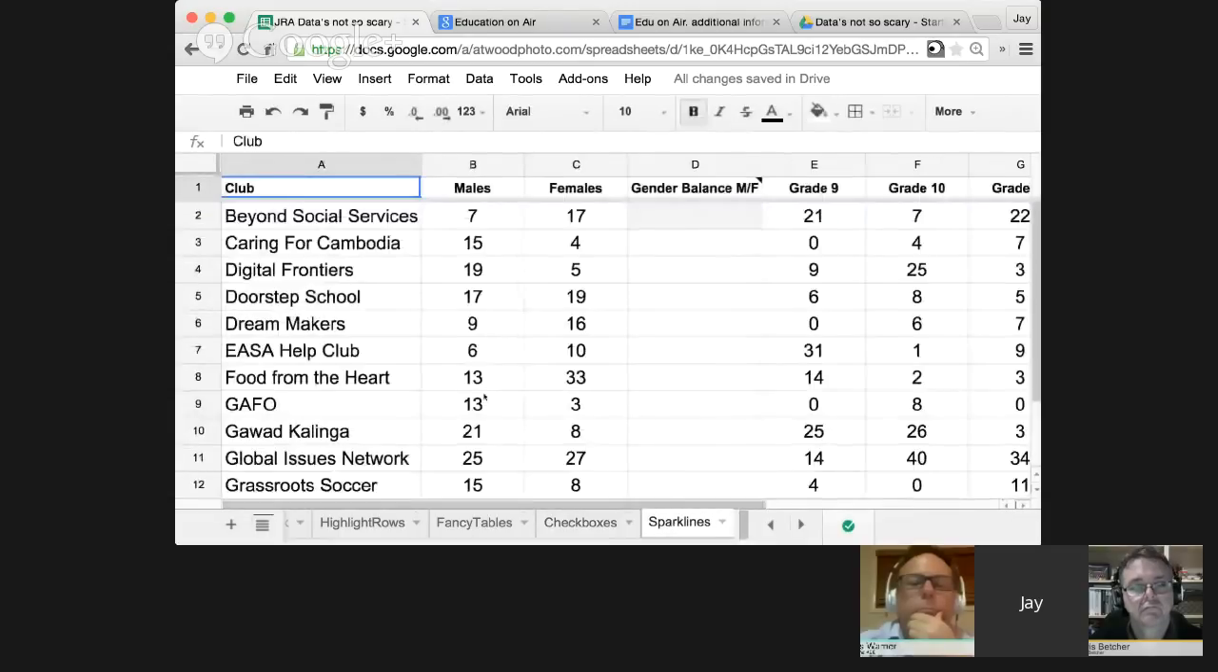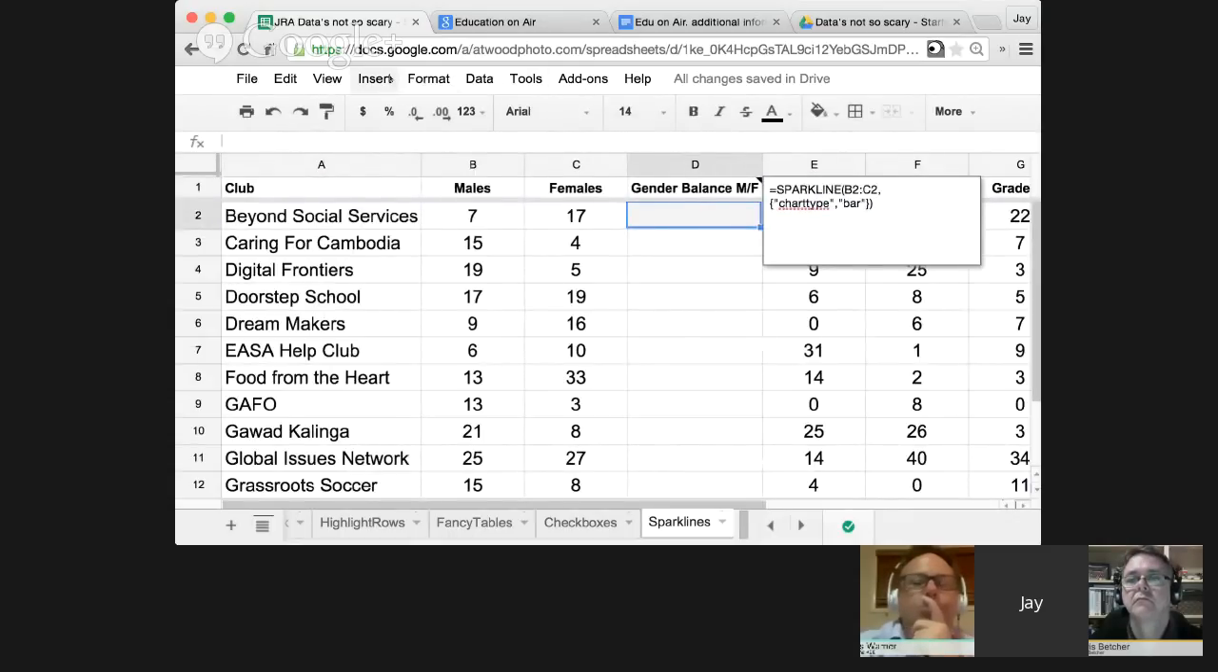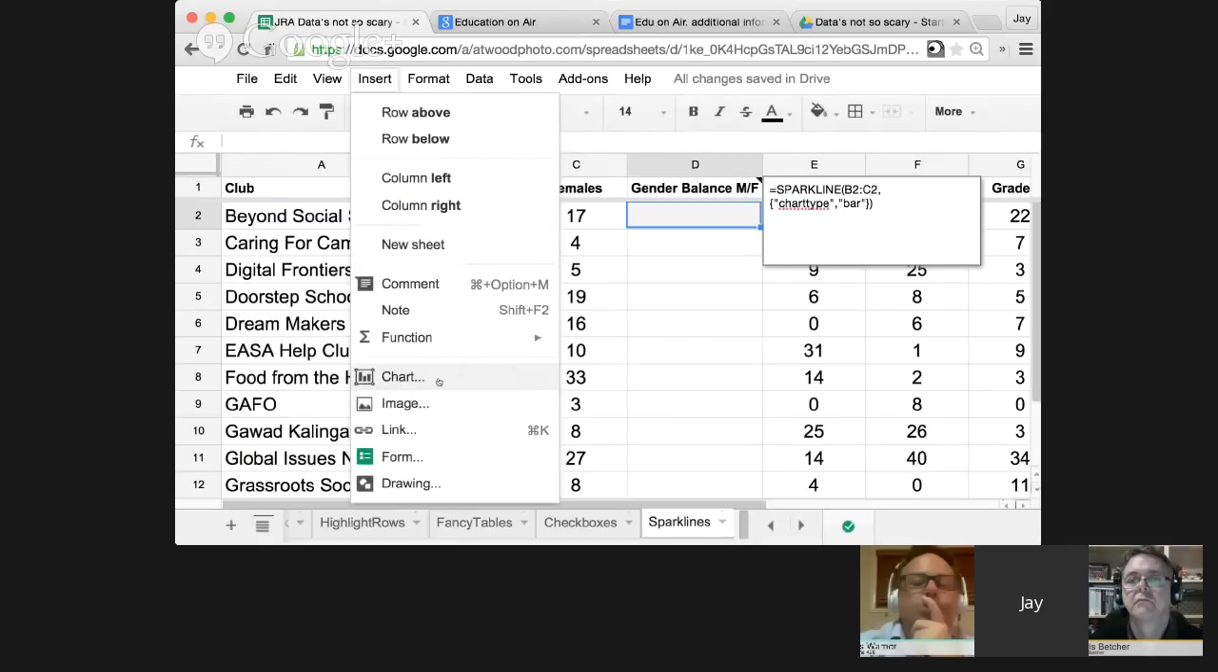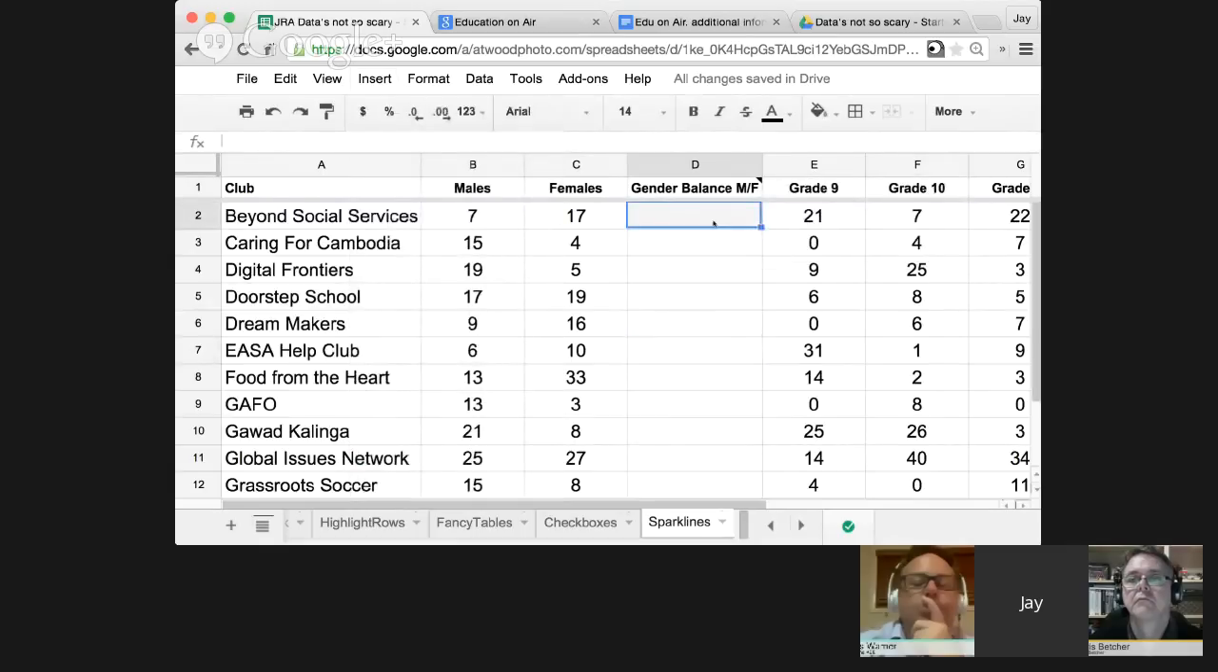And last thing, Sparklines, my favorite thing as well. I'm going to triple click. These are, if you want little graphs right inside a cell, rather than going to insert and graph or chart and building something. If you just want a quick one, these are clubs at my school, and I want to have a little chart of gender balance. So this Sparkline formula, and you can look it up a little bit more later, it